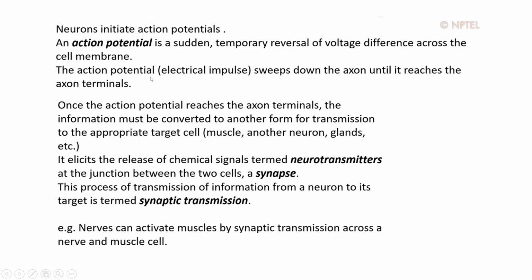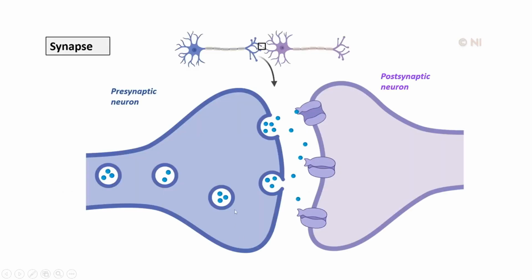And this change in the action potential will generate the electrical impulse, which will sweep through the neurons. Okay, and that will promote the signaling. For example, here you can see that from the dendrite there is a generation of action potential, and it reaches the axon. Okay, and from the axon terminal there is a synapse. Okay, the synaptic cleft is there. So between the axon and the dendrite, there is a synaptic cleft, and the role of the synaptic cleft is to release certain neurochemicals which bind to the dendrites of the adjacent neurons.